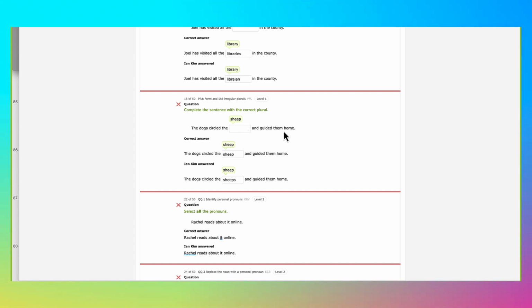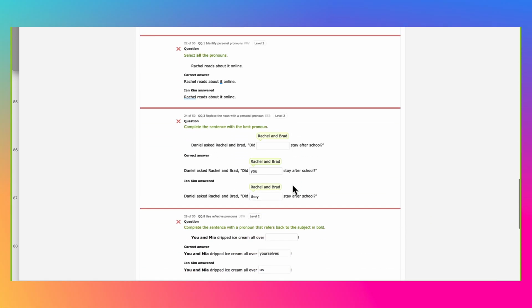So the word them still refers to sheep, so it's a plural, but if you don't have that "guided them home," then yes, we have no idea if this is singular or plural. But keep in mind that words like sheep or deer or moose have the same form as plural that has the same form as singular. So if you ask me why, don't ask me, because it's just how it works. Okay, this is something you just have to memorize, unfortunately. Okay. All right, moving on.